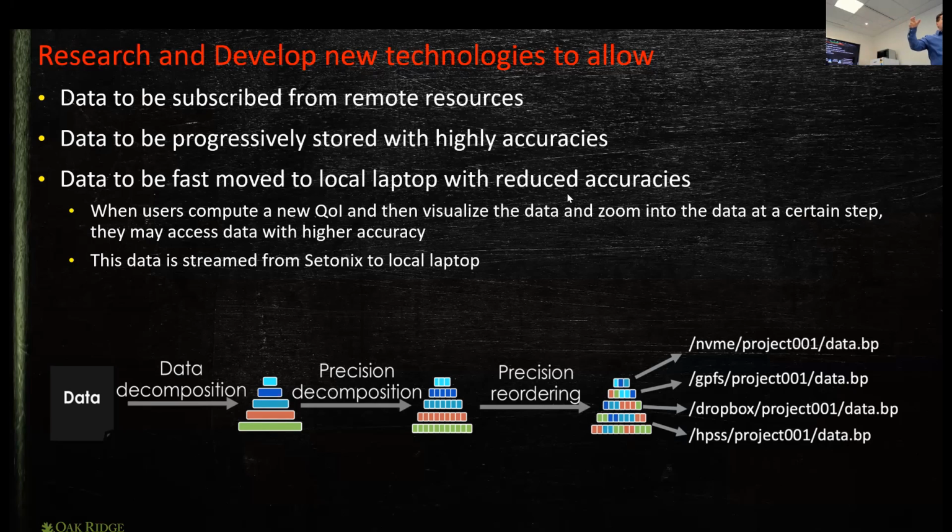And once you're there, then you have an error, and then you just go to whatever error you want. And that's how we do things. Well, in this progressiveness, we can actually come up with a theory again that says, according to your quantity of interest, if you had 10 levels, you move the first and second, you move the third, now we can compute an error. And then when we get another one, now we can see, did your solution converge? Where didn't it? Get that data for the higher accuracy, and that's how we can converge.